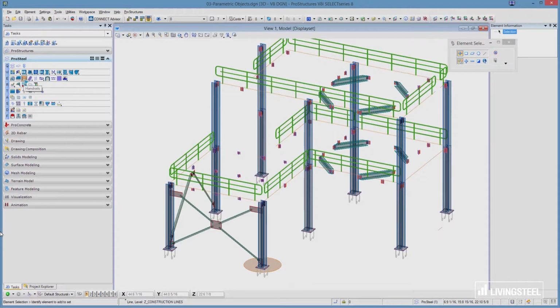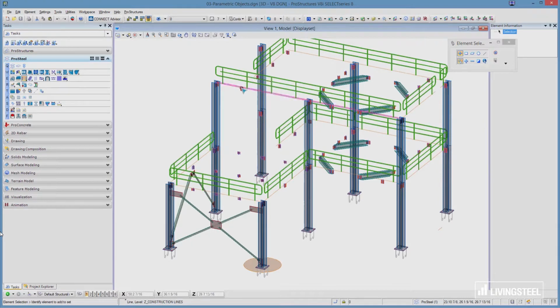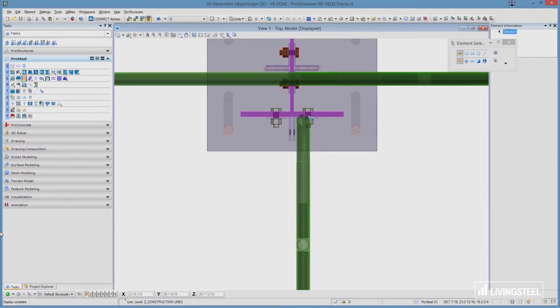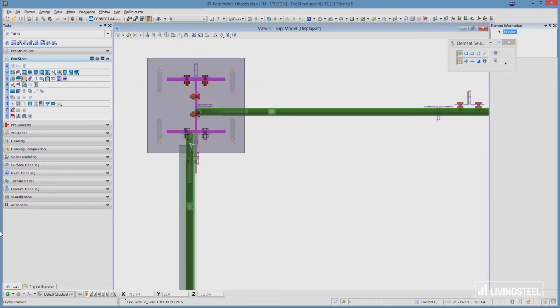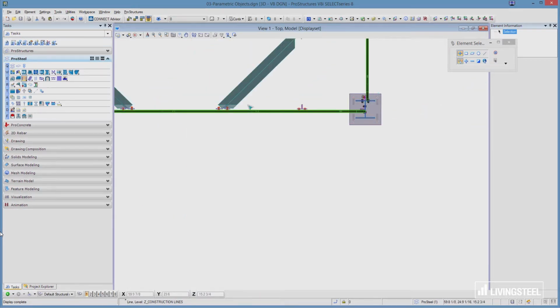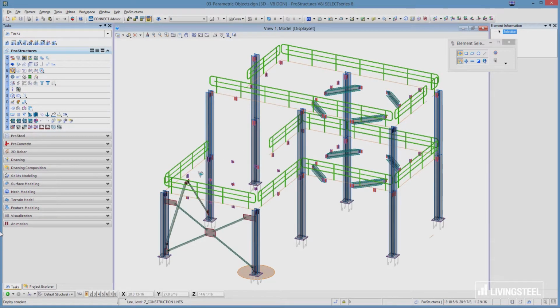Now, once the handrail is built, if there's a need to change the handrail's length or distribution, for example, if we go to a top view here, we can see that this handrail is going into this post and to that column. Same thing here. We could shorten these handrails, and this one too is going into it, and over here too. Everywhere they're going into it. So I'm not going to shorten them all, but I'm going to show you that it is very easy to